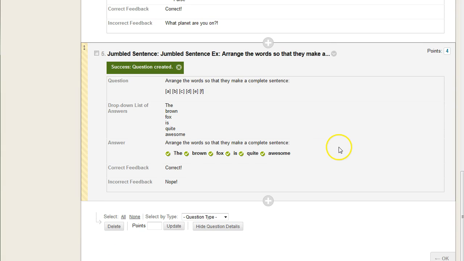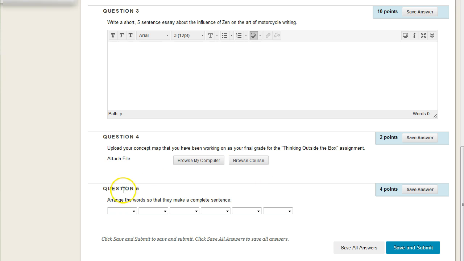So here we have this test, this question here. Let's examine what it looks like when you actually take the test. So here we have question 5 with our different drop-down boxes, and because we had 6 of them, we have 6 drop-downs. And if you notice, again, these drop-downs are all the same. And so you want to be careful that your list of answers is not in the already correct order, because,